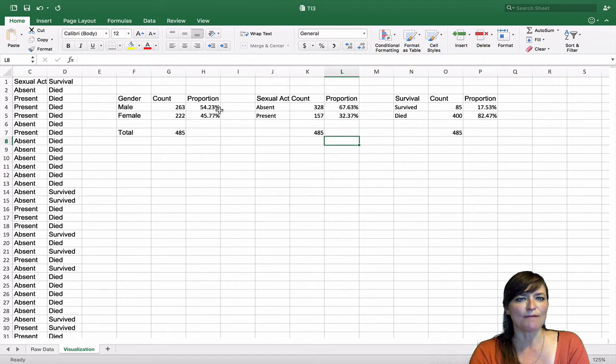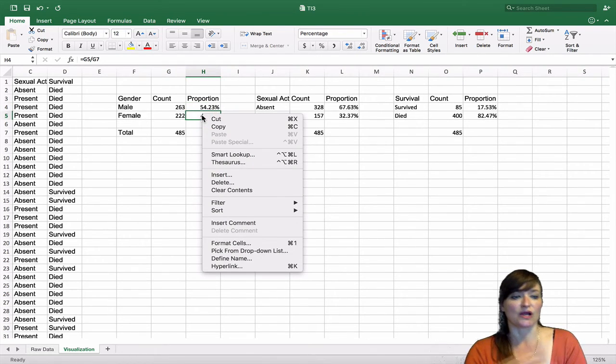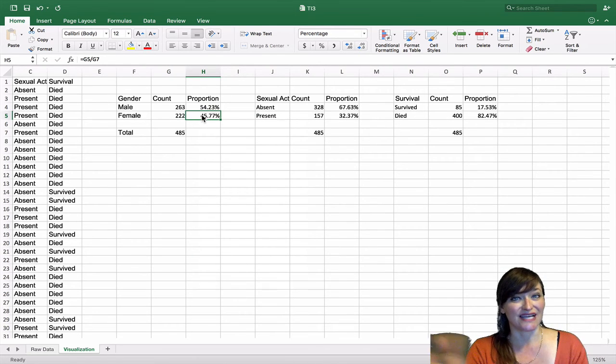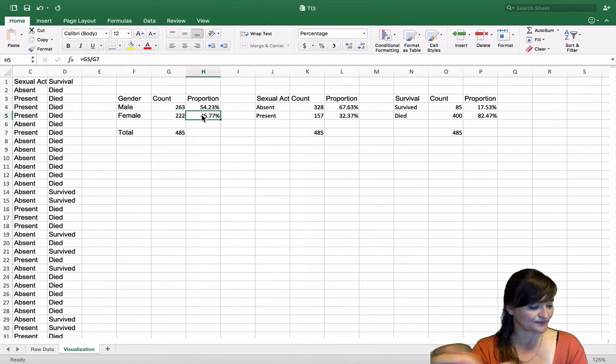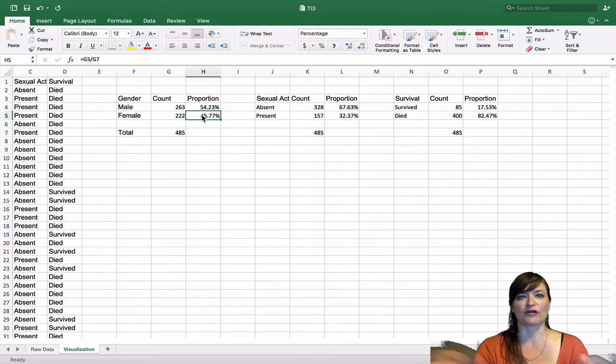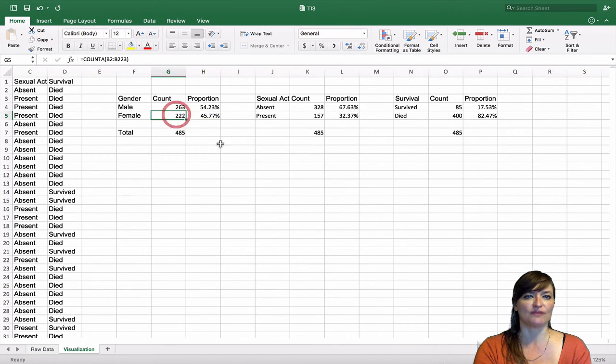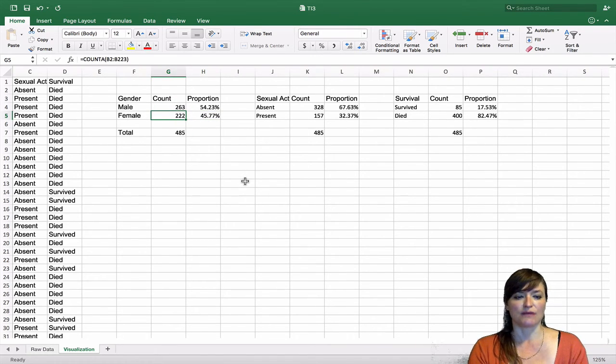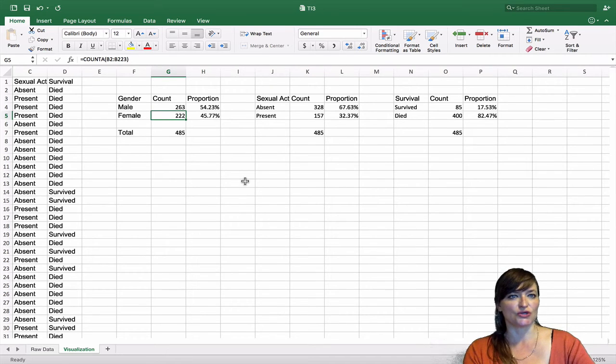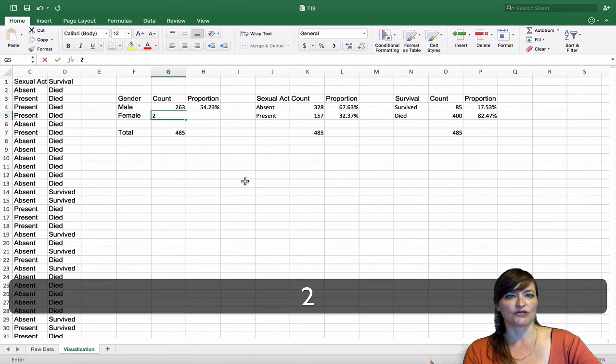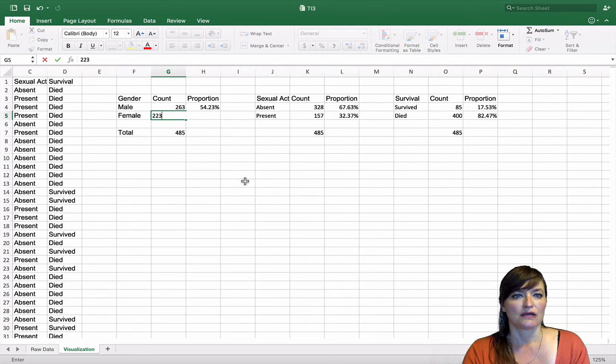So at the moment, these formulas are linked to the data. They're dynamic. They're going to update. So sometimes you want that, and sometimes you don't want that. Just for example, imagine we had one more female in our sample. So instead of 222, let's say there were 223.